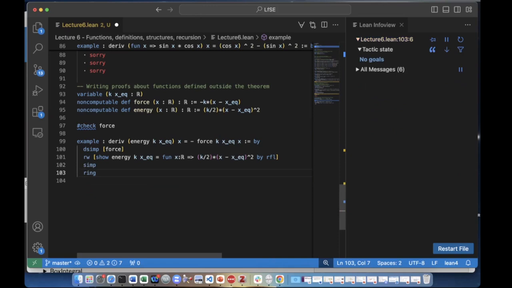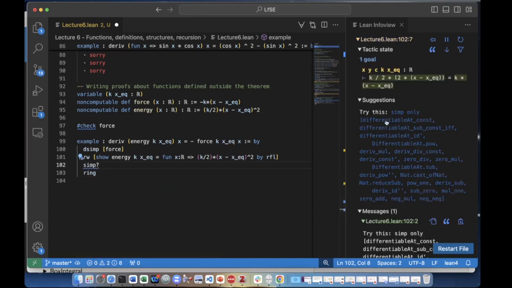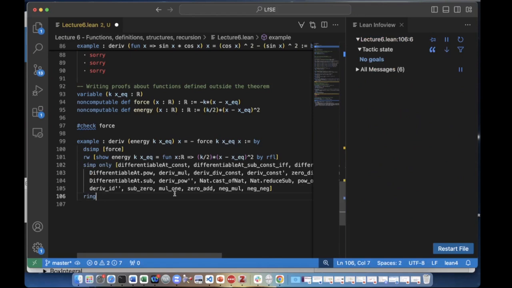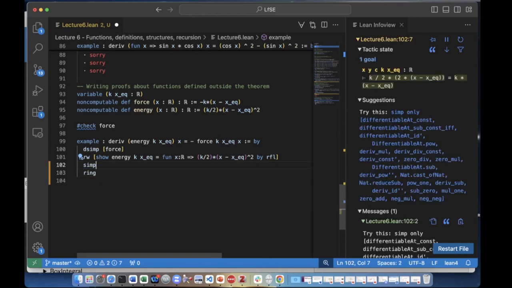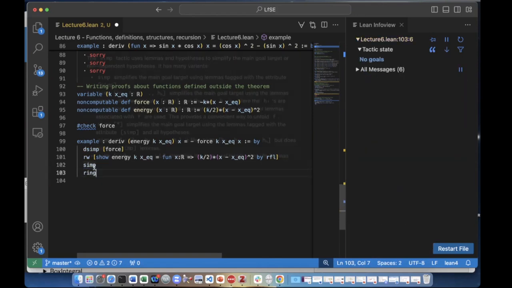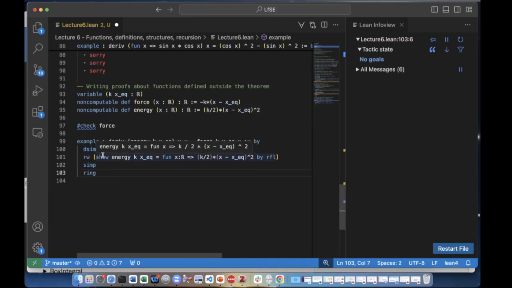Or you can just do simp in this case. You don't need to put the question mark. If you put question mark, you can go and, again, find all the things that it thinks it should find. But you can also just put simp in here, and the final proof is a lot cleaner than the original one. But I suspect